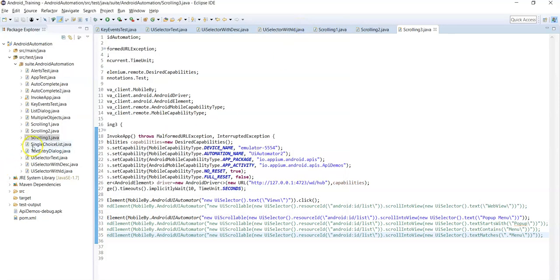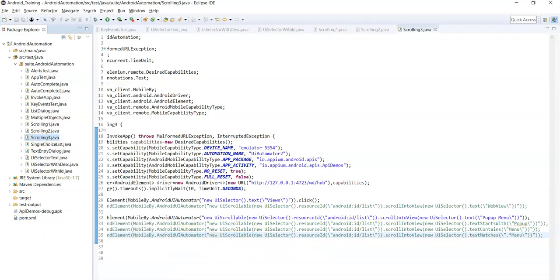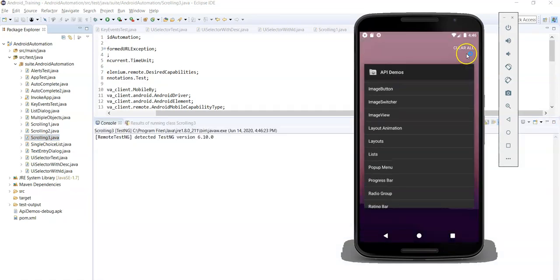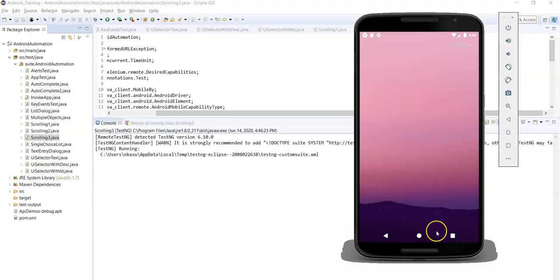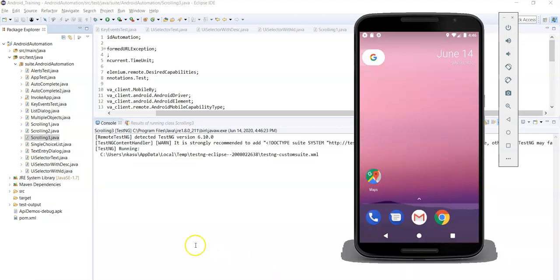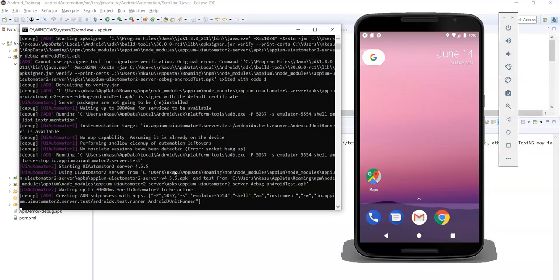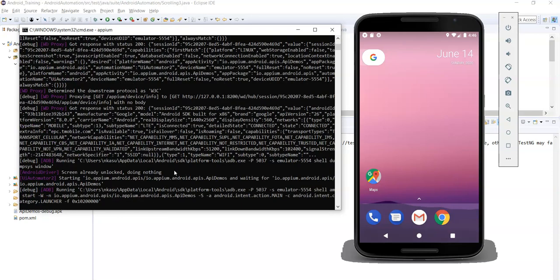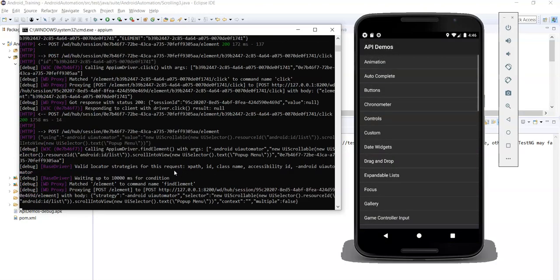Appium server is started. Now let's run the script. So here you don't need to close the app. During execution it will automatically close and newly open the app. So app got successfully opened and performing actions, right?